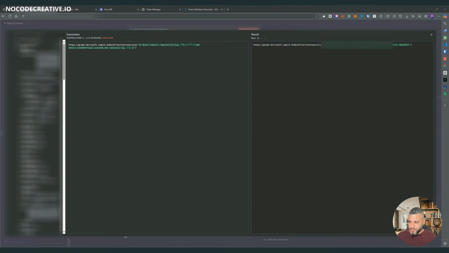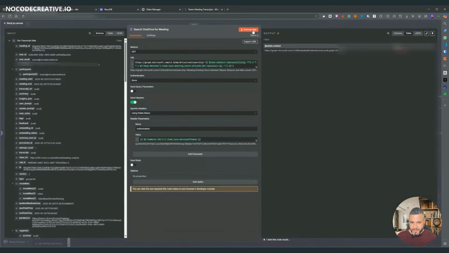So we can actually get that from our merge nodes over here because we have got the meeting start. So instead of using just new dates, expression, get rid of that and replace it with meeting start. And then we're going to have to just modify the expression. There we go. Now it should